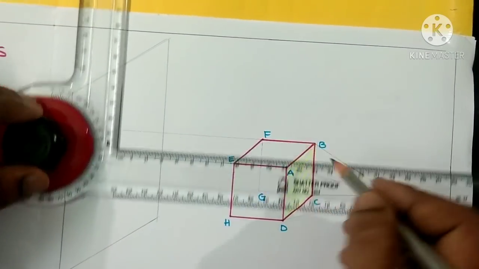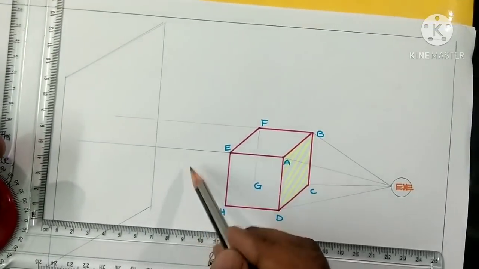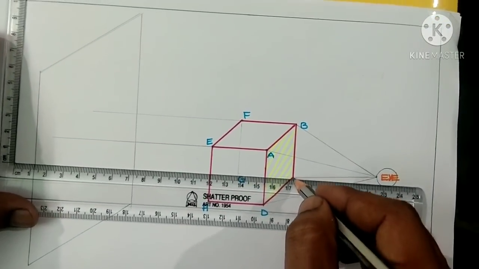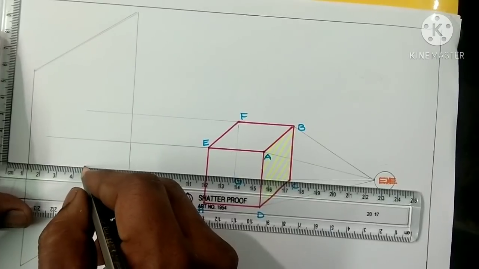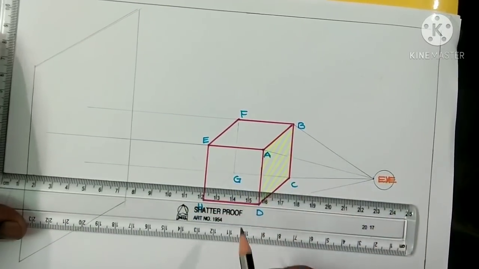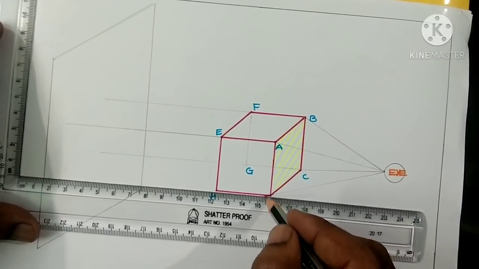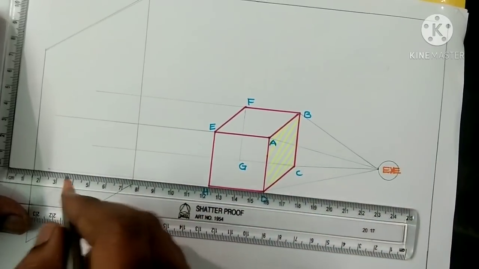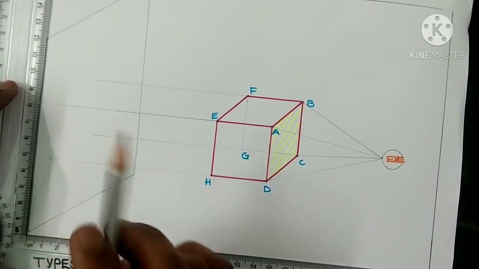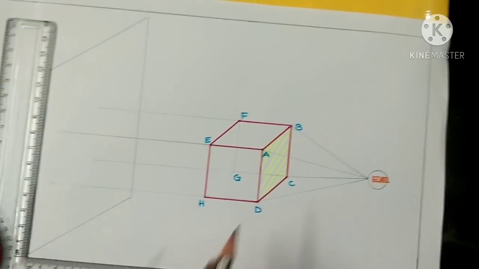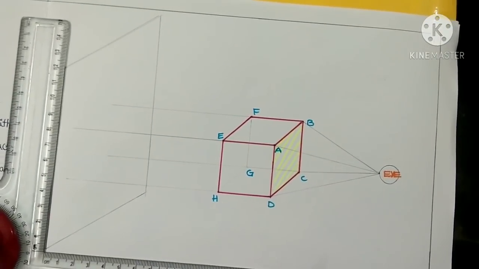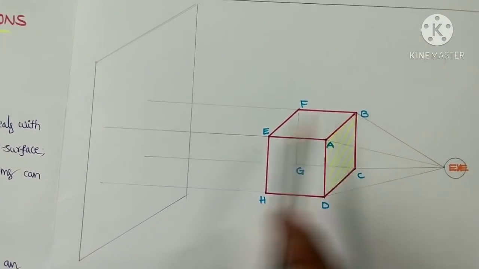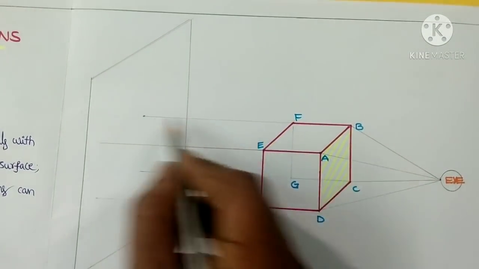Similarly we can construct the projector from point B. If we observe these two lines, both are parallel to each other and perpendicular to the principal plane. Similarly we can construct the line from point C, and this line is also parallel to the previous one. Next we construct the line from point D to meet the principal plane, that is the vertical plane. In this way we can project the points. Yes, we are constructing the front view. Here this is the projector of point B.